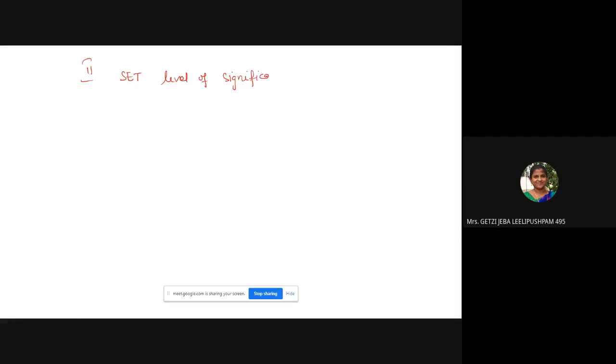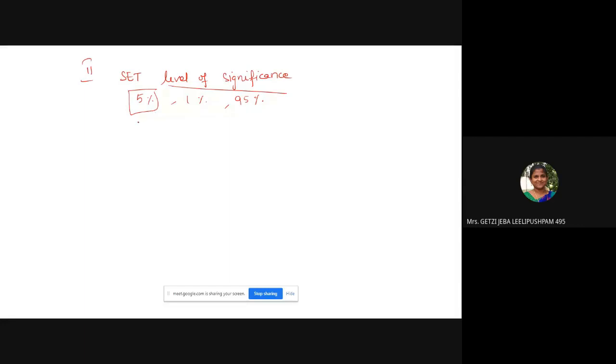So what is the level of significance? It is how much you believe the null hypothesis, the percentage of your belief in the null hypothesis. You can say I believe it only 5%, or 1%, or 95%. This is the level of significance. If the level of significance is not specified in the question, you can take 5%, which is usually taken as the default.